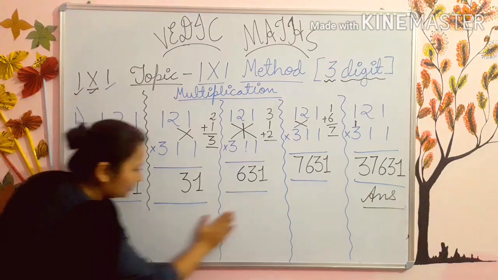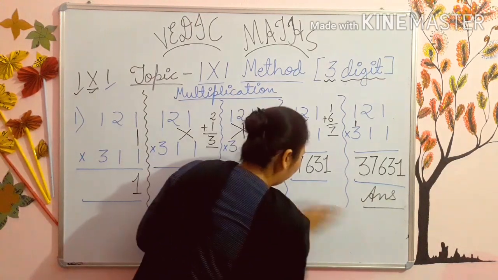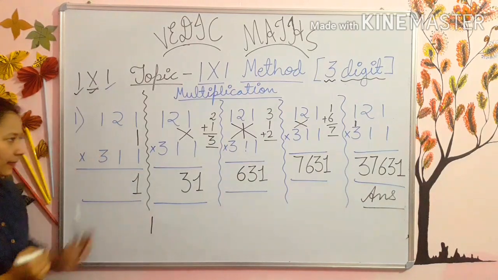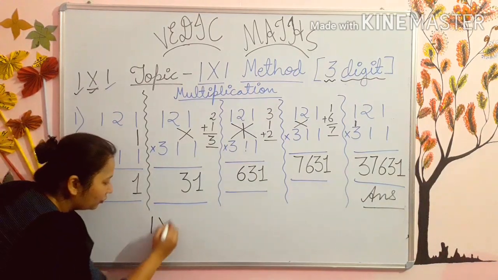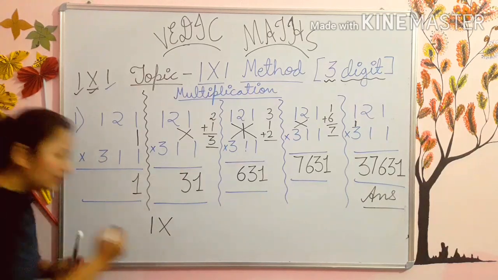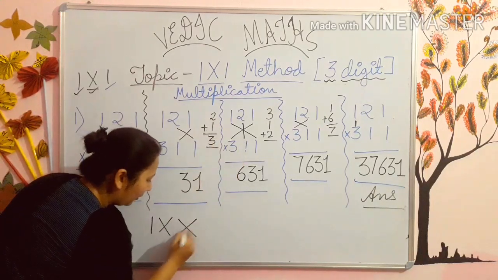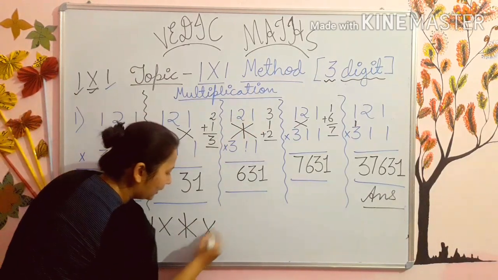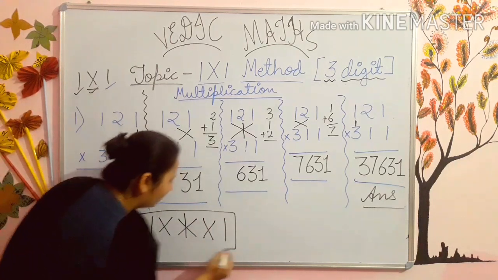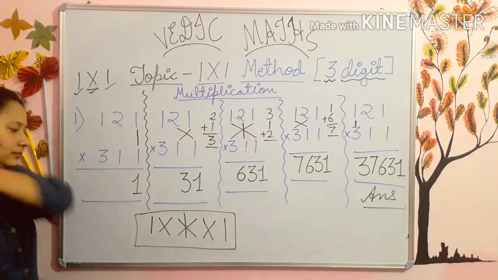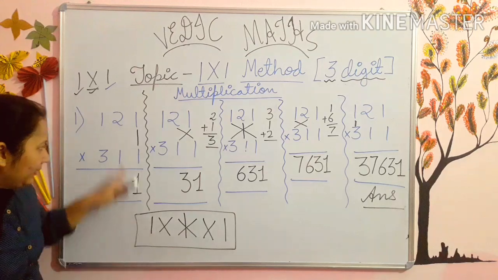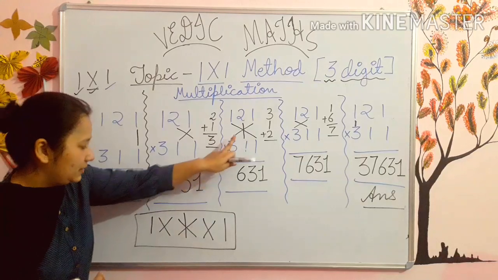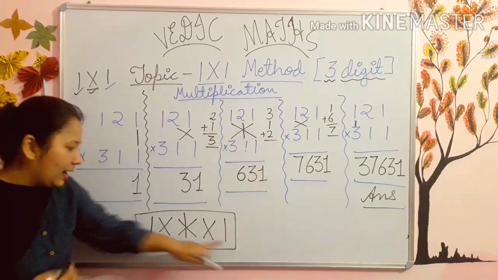Kids, you can see this calculation can be like this. First of all, what you have to do? You have to do I, this. Then what you have to do? You have to do cross, this. Then you have to do the double cross, means one more line is there. Then you have to do again cross and then I. You can say this is your pattern. First of all I, then cross, then triple cross, this. Then again cross and then I.